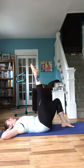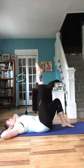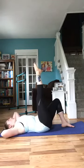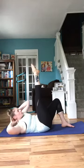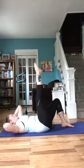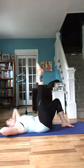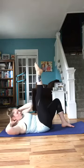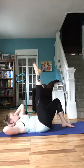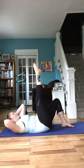Hands stacked behind the head. Now right elbow, left knee, up and over. Keeping those elbows wide. Give me 8 more. Up and over. 4, 3, 2,